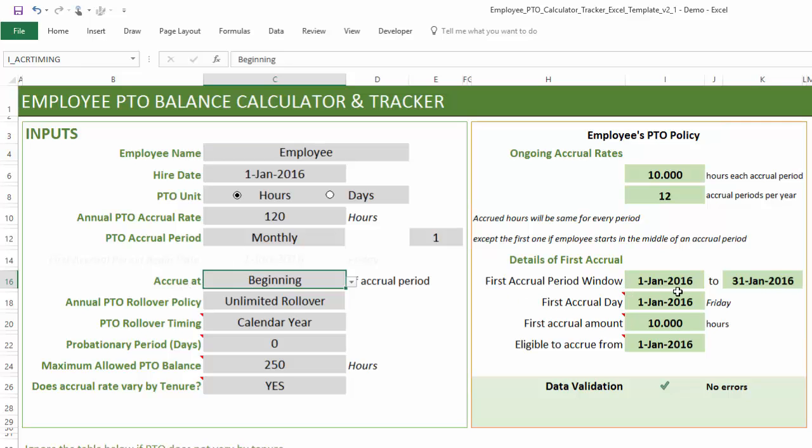Now let's keep the simple example. 1st Jan to 31st Jan, first accrual date is 1st January, and then the first accrual amount is 10 hours. And this is because the employee starts on the same day as the accrual, so everything happens to be the same. But if the employee, let's say, starts on 15th, so then what happens is the employee is not employed